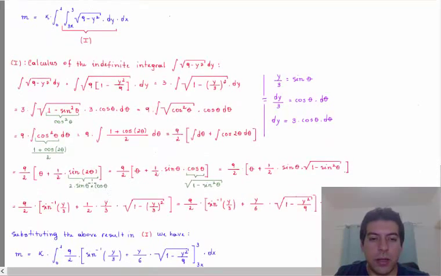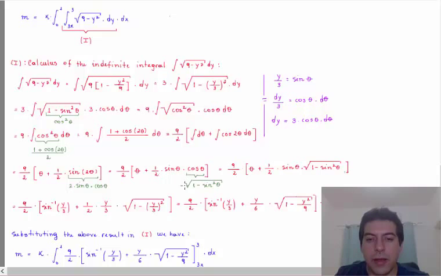The sine of 2 theta can be written as 2 times sine of theta times cosine of theta. You just have to perform sine of theta plus theta to arrive at this formula. So we have 9 over 2 theta plus 1 over 2 sine of theta, and this cosine of theta right here